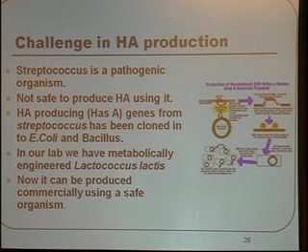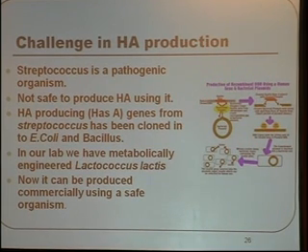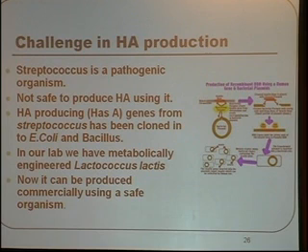And we have this organism in the food industry in making curd and so on. So what we have done is we have metabolically engineered these cells to produce this hyaluronic acid. As such, L. lactis doesn't produce it, but the pathway for L. lactis and Streptococcus is almost similar to one another. So we could manipulate the pathway of L. lactis so that L. lactis is also able to produce this